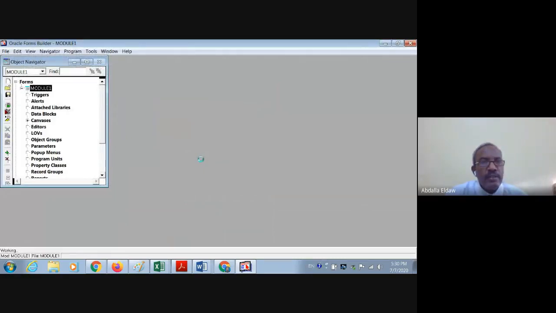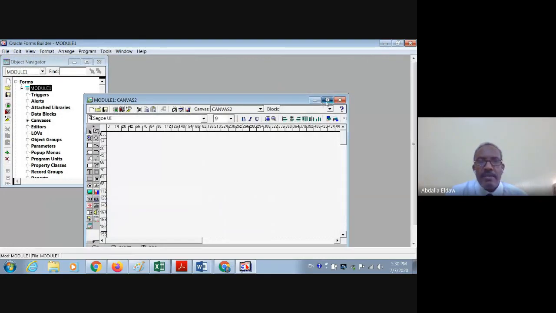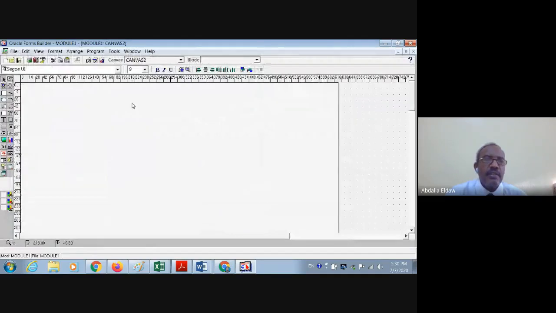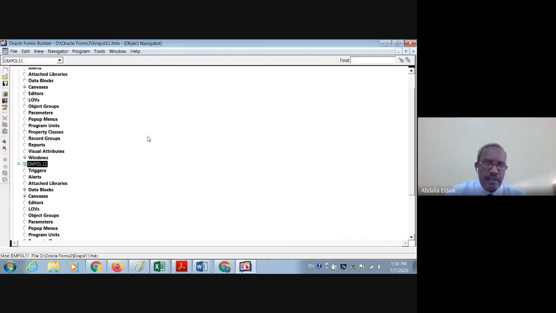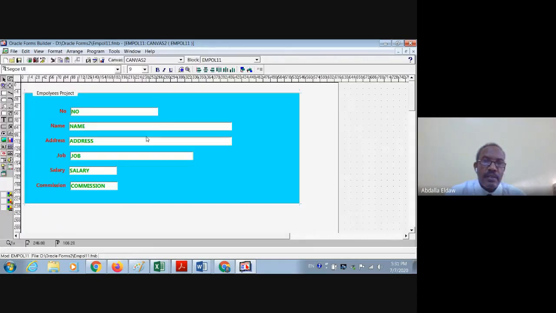F2, maximize, and then open, and then this is our first form. Open, F2, okay. Highlight and drag